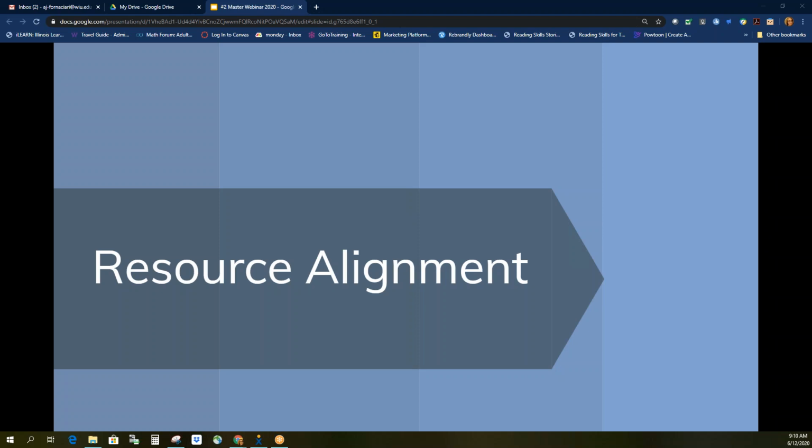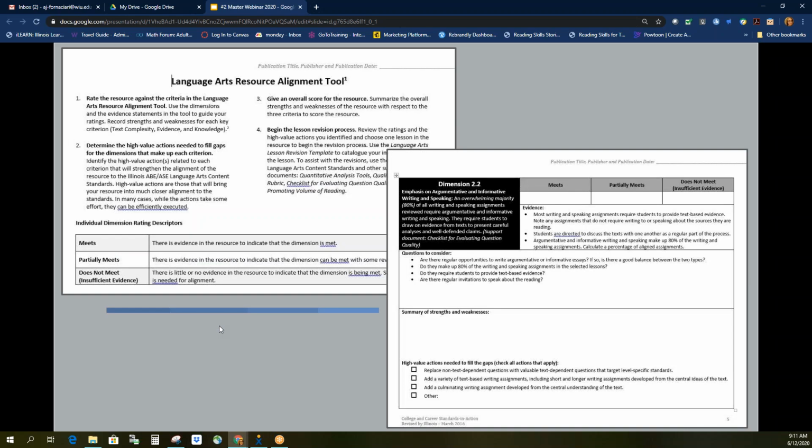It would be unlikely that if you were using it in your program, you would be doing it by yourself anyway. So we want you to simulate this idea of working together. If you don't have a trained specialist at your program, or it's just hard to find them right now because of what's kind of going on, you can feel free to reach out to Anita or I, and we can try and connect you with another specialist that maybe wants to work together on aligning a resource, and then that way you guys can organize your own meetings and work on this together. So just be sure to indicate whom you worked with on the assignment so that we know.